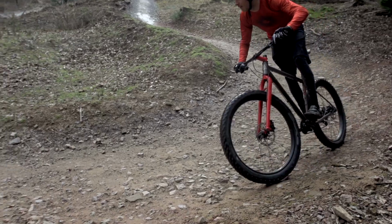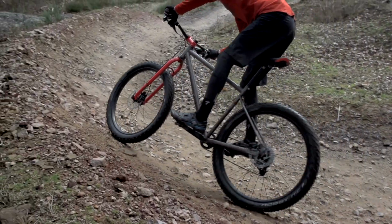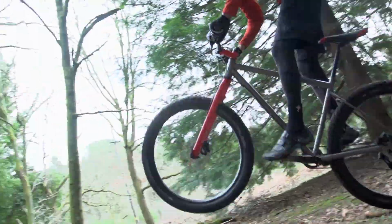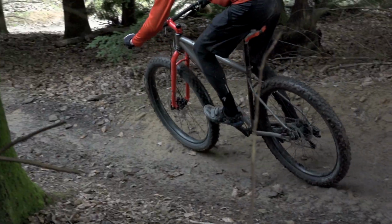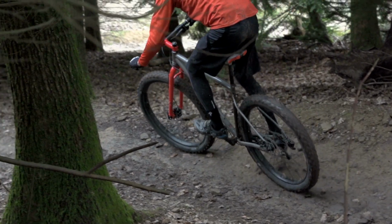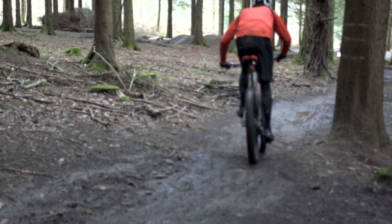The rigid forks do transmit a fair bit of the shock through to the handlebars, that's inevitable, but the high-speed buzz and the worst of those hits is kind of muted by these big tyres. That said, the Pine Mountain is definitely a bike which rewards smart line choice. We've ridden it on quite a range of trails, from natural cross-country on muddy and peaty moorland rides, and we've also ridden it down trail centres, and for sure by the end of a long ride